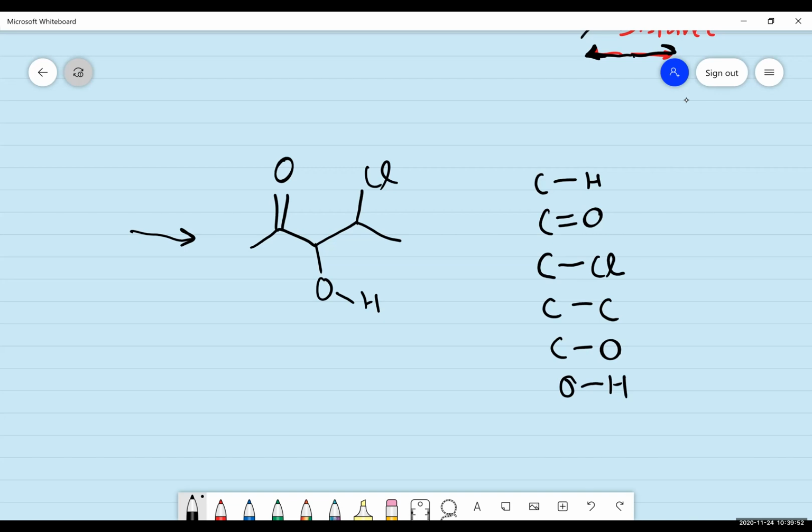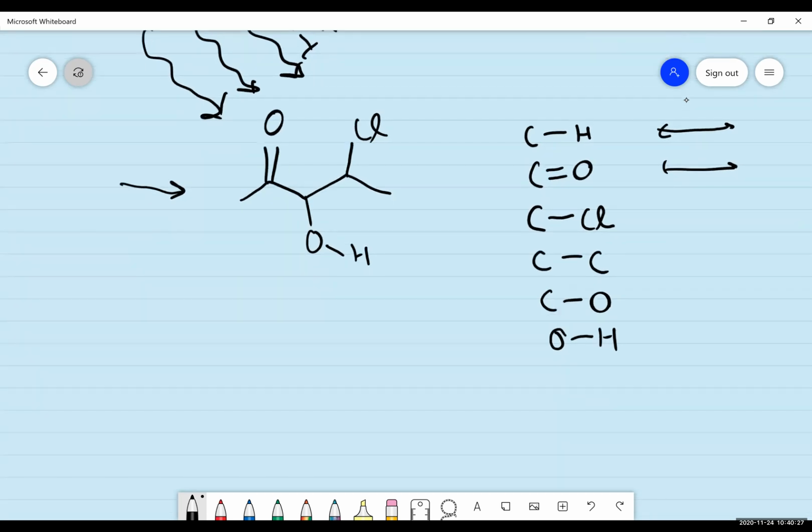Okay, so that's all. So even within a single molecule, in this one, we have 6 different kinds of bonds, right? And when infrared rays fall on them, all of these bonds have different kinds of vibrations. So they all have different vibrational levels. If they have different vibrational levels, it means that they will need different energy, right? Yes. Fortunately,